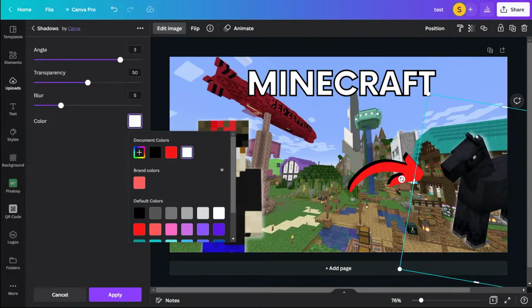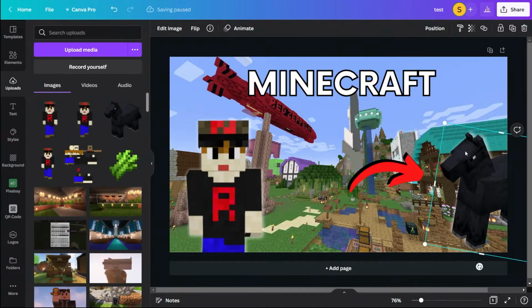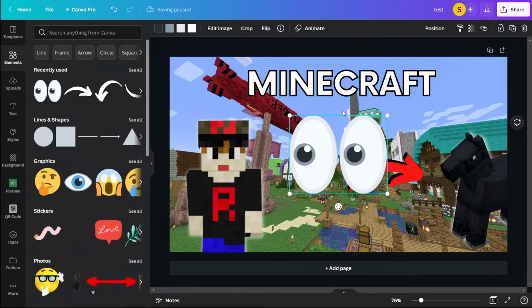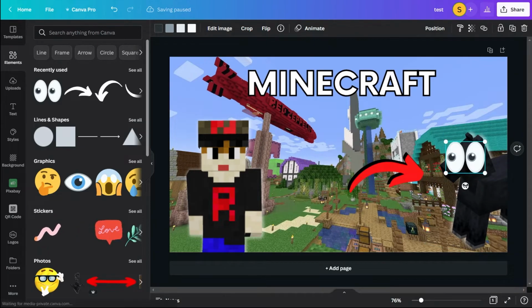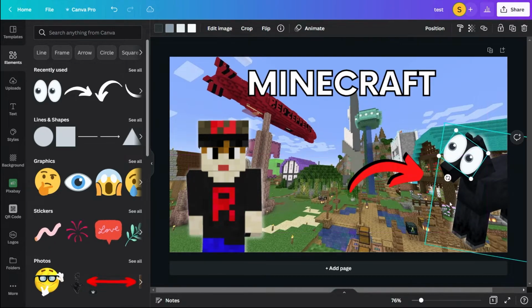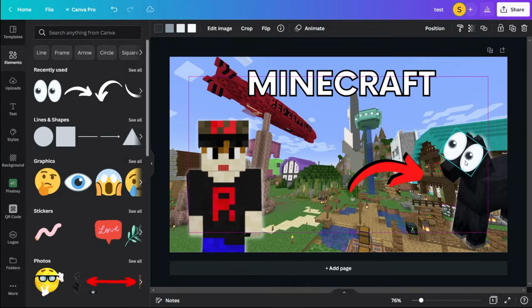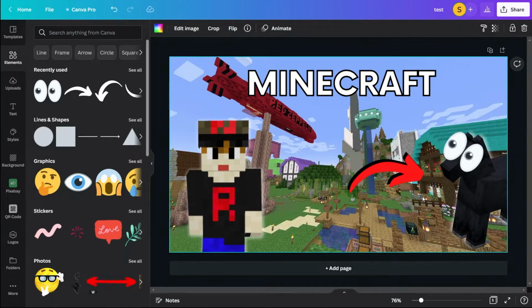similar effect, except it's not everywhere. It's just like on certain parts. So you could definitely try messing around with those. You can add silly stuff too, like before with the elements. You know how we added the googly eyes on that one guy? We can actually add the googly eyes on the horse as well. Just readjust it. I don't know really why you'd want to do this, but you absolutely can, and it's kind